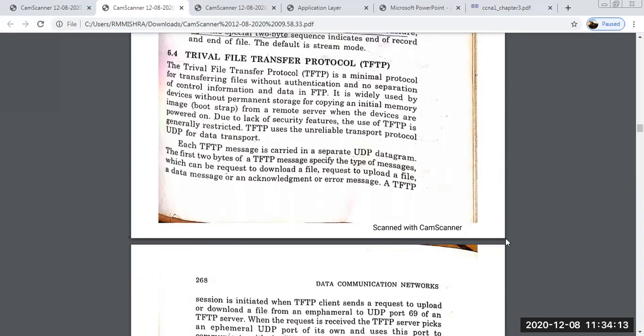Basically it's a minimal protocol for transmitting files without authentication and no separation of control information and data in file transfer. मतलब कहने का ये है TFTP FTP से कैसे डिफर करता है। सबसे पहली चीज है कि जो TFTP है, जिसको हम लोग ट्राइवियल फाइल ट्रांसफर प्रोटोकॉल बोल रहे हैं, ये TCP को यूज नहीं करता है। जैसे FTP आपका कनेक्शन एस्टेब्लिशमेंट करने के लिए TCP को यूज करता है, दैट इज ए वर्चुअल सर्किट कनेक्शन बिफोर गोइंग टू बी डेटा ट्रांसफर। लेकिन जो आपका ये TFTP है, ये आपका किसी भी वर्चुअल कनेक्शन को एस्टेब्लिश नहीं करता, मींस TCP को यूज ही नहीं करता है।